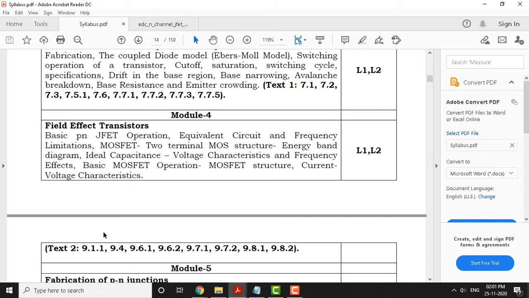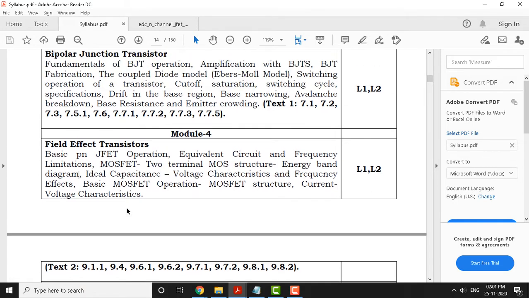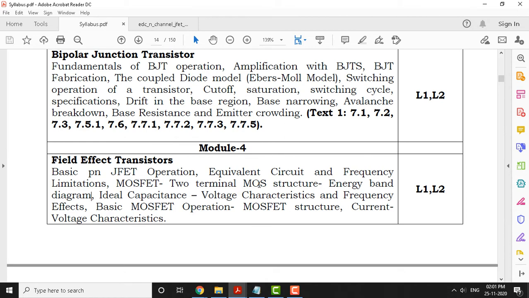Today we have received a circular regarding postponement of the last working day. The last working day for you is going to be 16th of January. We have sufficient time to cover all these topics in more detail. I encourage the students to make use of this time given by the university for understanding fundamentals of field effect transistor and BJTs.